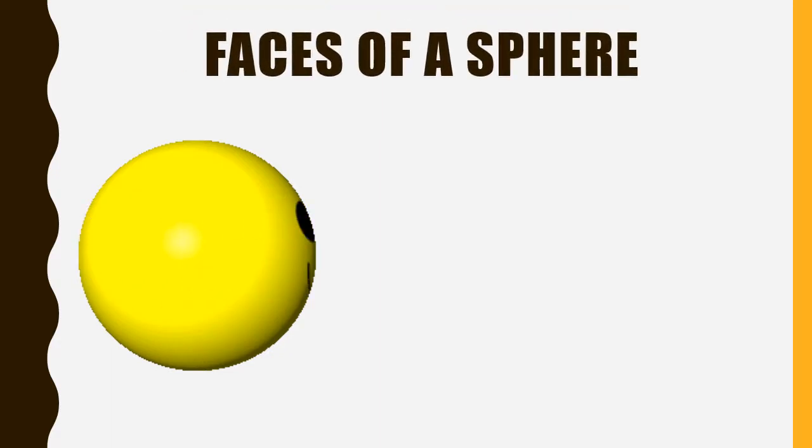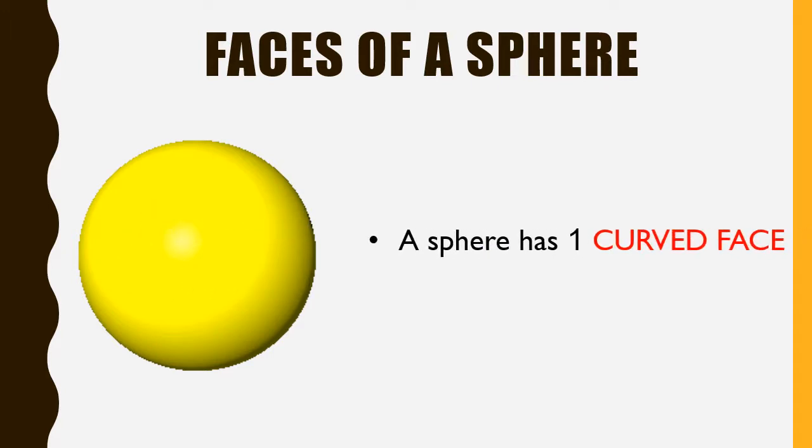Now children, let's come to a sphere. Can you tell me how many faces a sphere has? I will tell you. A sphere has only one face. Okay? And is that face a plane face or a curved face? Yes, you are right. A sphere has one curved face. Since it is circular from everywhere, the face that it has is the curved face. There are no plane faces in a sphere.